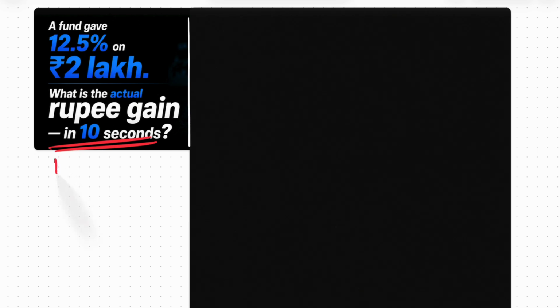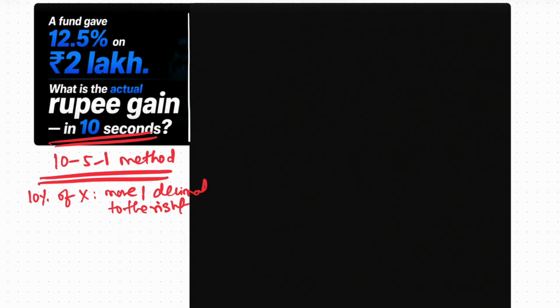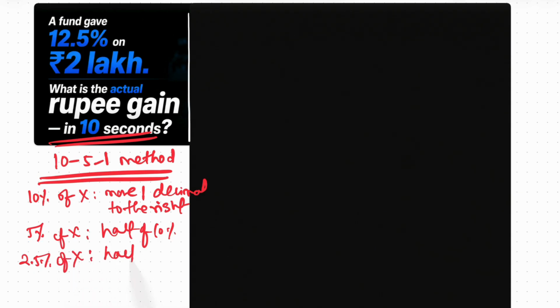There's something called the 10-5-1 method, where you first calculate 10% of x, which is to move one decimal to the right, and then you calculate 5% of x. X could be 2 lakhs here. 5% is just half of 10%, and then 2.5% of x is half of 5%. So this is one part of the 10-5-1 method which we are going to apply here. So the first is,